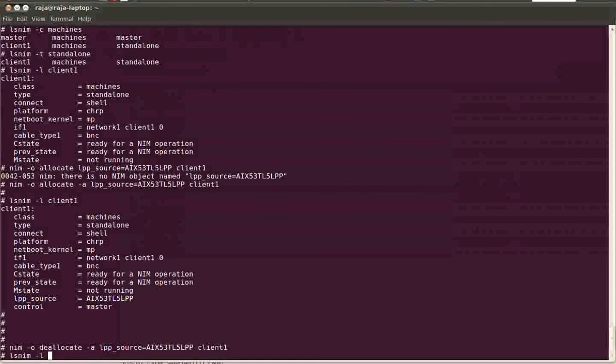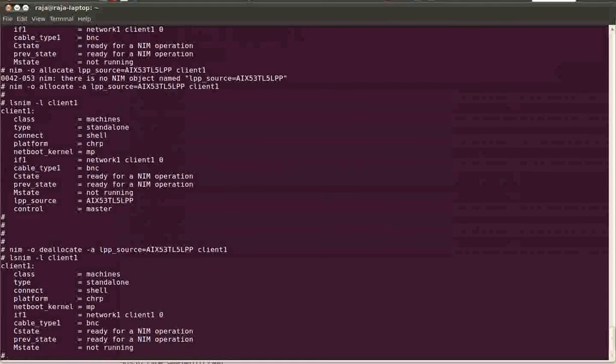So whenever you do any operation like this, always verify whether it is successfully completed or not. Now you can see the LPP source object is removed from the client. So this is how you allocate an LPP source or SPOT to a client, or if you do